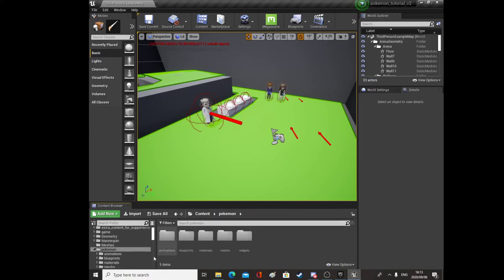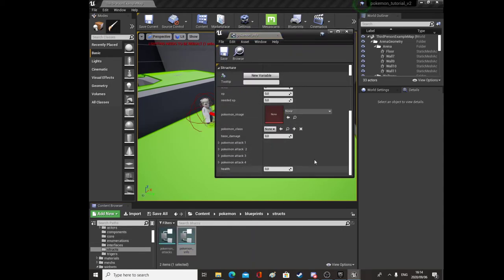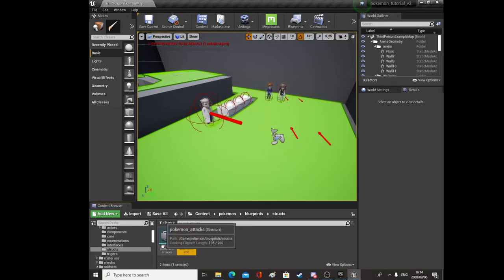Where we left off, I think, was we opened up our Pokemon folder, blueprints, structs, and we added a PP value in here. I've already deleted it. Looks like I got frustrated and couldn't do the video for some reason, so I just started it. So you had a PP value inside your Pokemon info, delete it, because each attack actually has its own